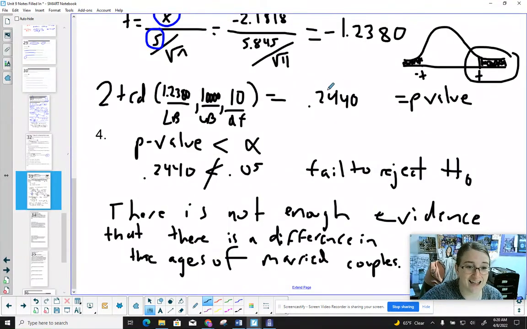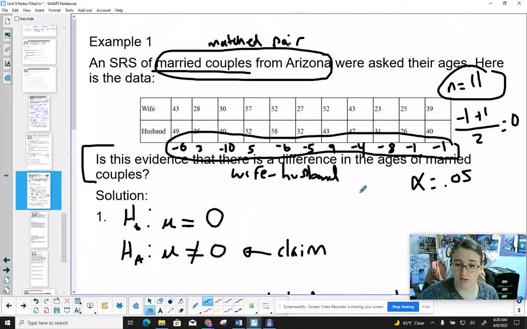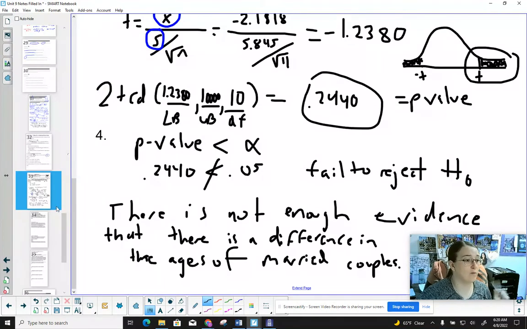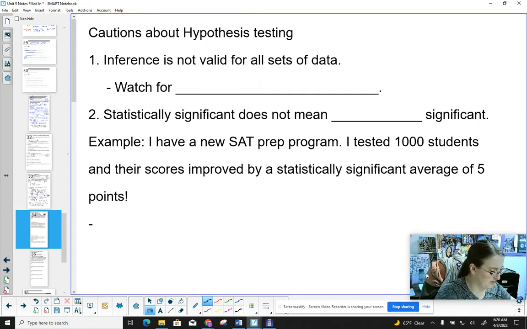This sample has a 24% chance of occurring if the average is actually 0. And so, okay, 24% chance of occurring, then probably the mean is 0, or at least we can't say it's not. So from here, guys, we have one more slide. This last slide is just summarizing a couple things,